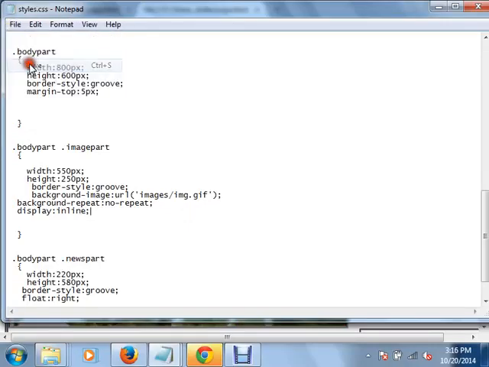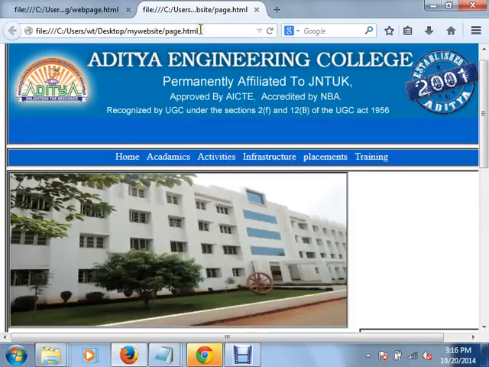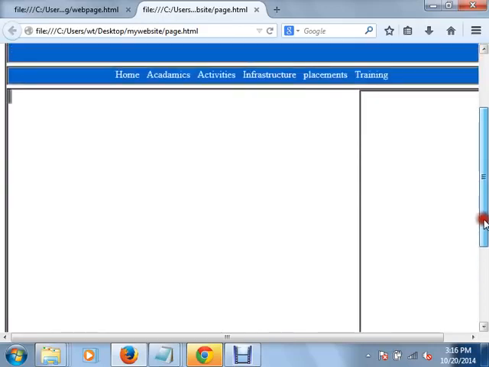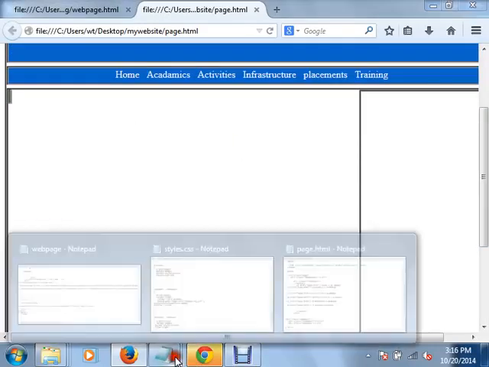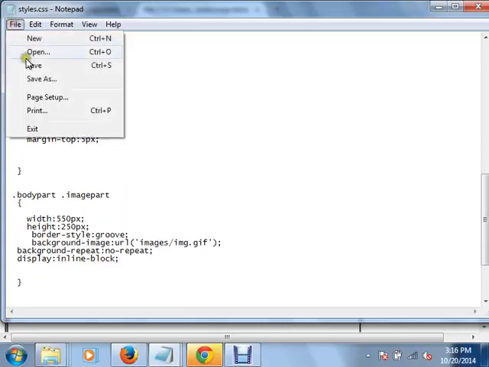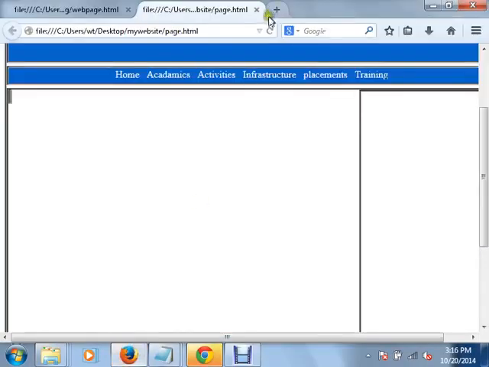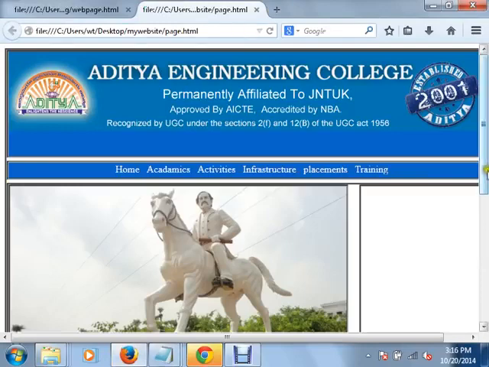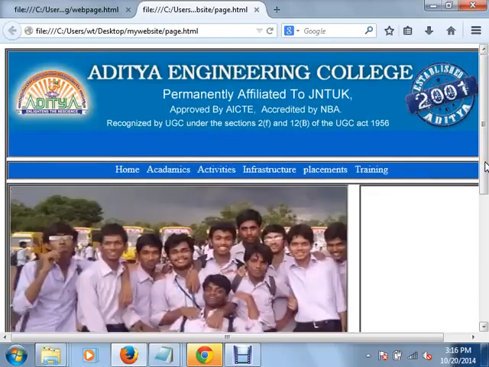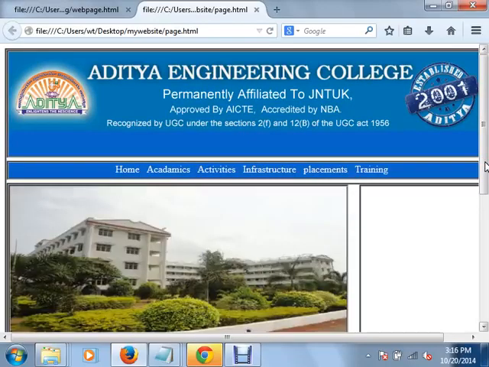Display inline. So here I have arranged this element by using the property display inline. Displaying inline means displaying one after the other.